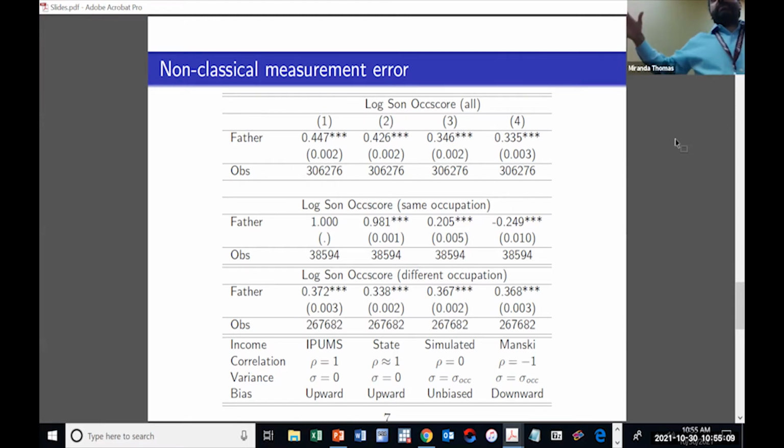Okay, so if your sample is 60% father and son with the same occupation, then all your estimates are going to be basically between 0.6 and 0.8. So that's an important thing. The second thing to mention is that I think for their paper, it's more likely that the father and the son have the same occupation than the son and father-in-law. So this kind of bias could actually explain most of the pattern that we see in the data that they explain.